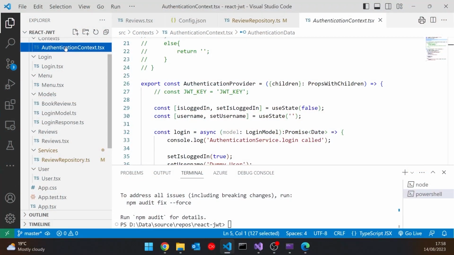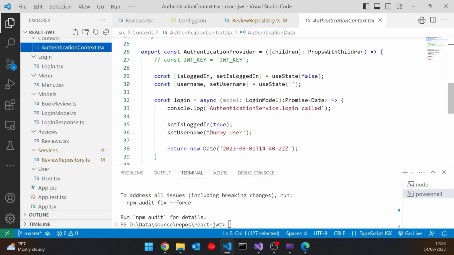No real change at the moment, but once we've got Axios, that allows us to add the interceptor. But we're not going to do that immediately. The immediate thing we've got to do is actually do the login to get hold of the JWT. And so if we go back to our authentication context, we'd already got the login method on here, but obviously now we need to make it work properly. And the first thing we've got to do here is send our post request off to the server to get hold of the JWT. So let's do that.